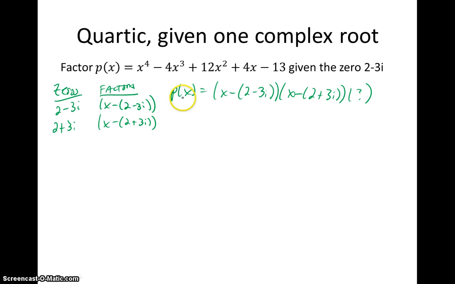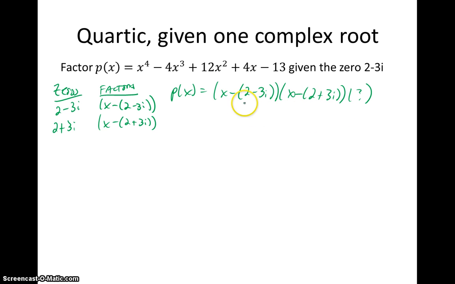So what we have to do is divide p of x by each of these linear factors. In this case, we could do synthetic division. We could divide by each factor separately, and we'll do that on the next slide. But when you have these complex roots, it's almost easier to multiply them together, get some real coefficients, and then do the long division. There are equal opportunities in each case to make mistakes, so let's try this one by